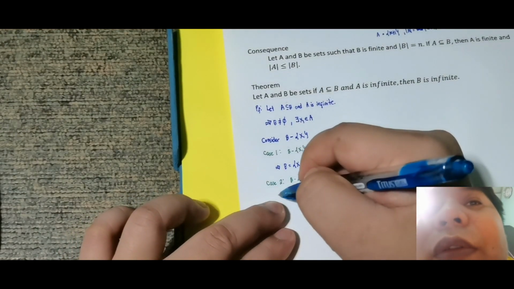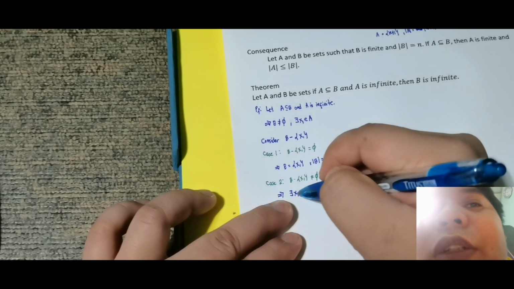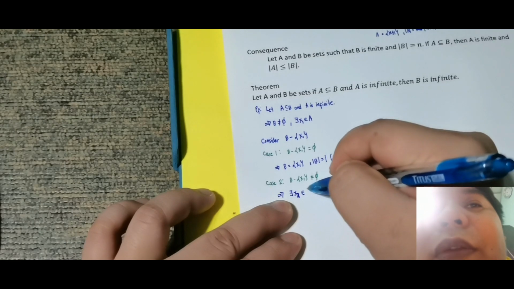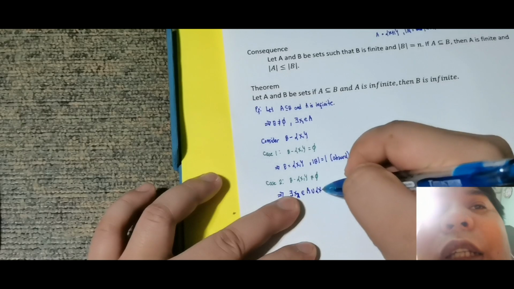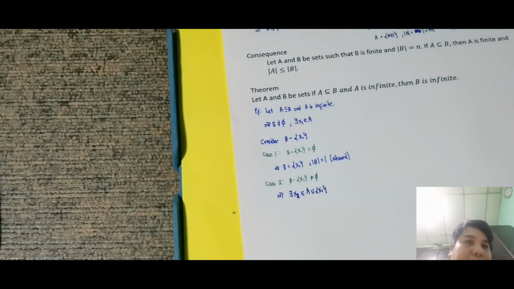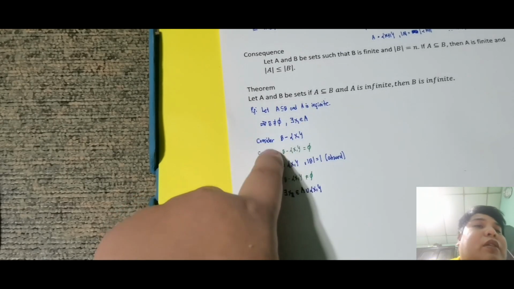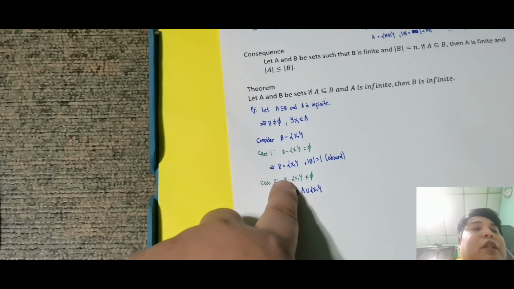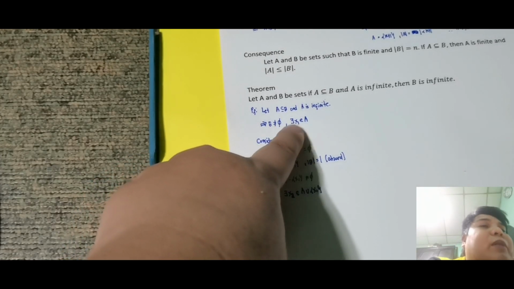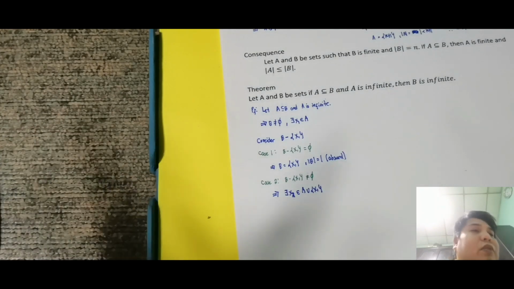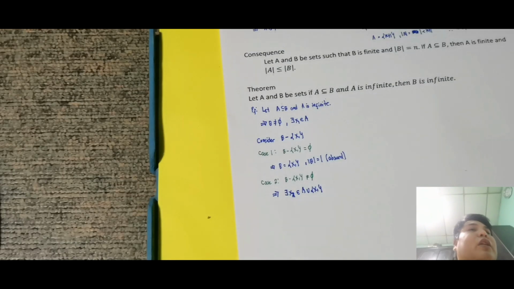So, this implies na there exists x sub 2 na element naman ni A union the set containing x sub 1. So, ano na naman ginawa ni sir? Sinabi ko kanina x sub 1 element of A. Okay, dumating ako sa point na si B minus the set containing x sub 1 is non-empty. Since kanina, si B is non-empty, may mag-exist na x sub 1 element of A. So, kumuha ulit ako ng x sub 1 na element of A in which tinry ko kung B minus the set containing x sub 1